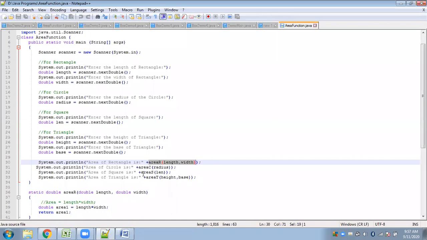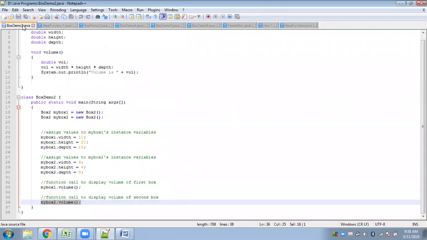So these are the function calls. And we have not used any object to access these functions. We have directly accessed the functions, because all these functions belong to the same class. So if functions belong to the same class, one can call the other directly without needing to create objects. There will be no need for objects.